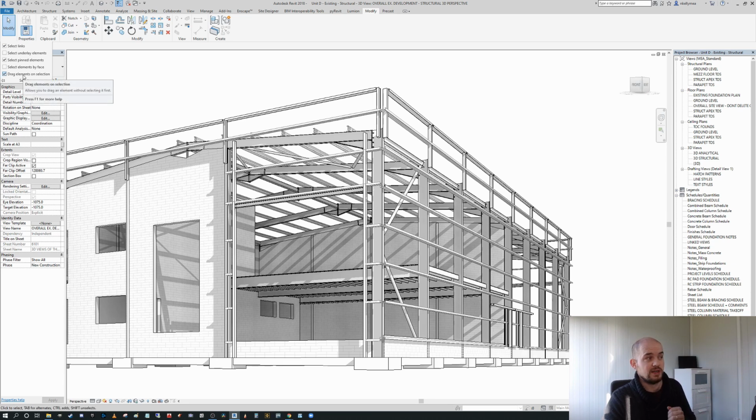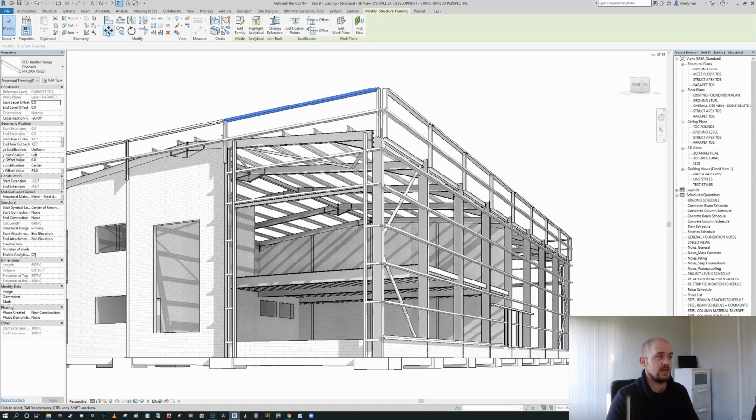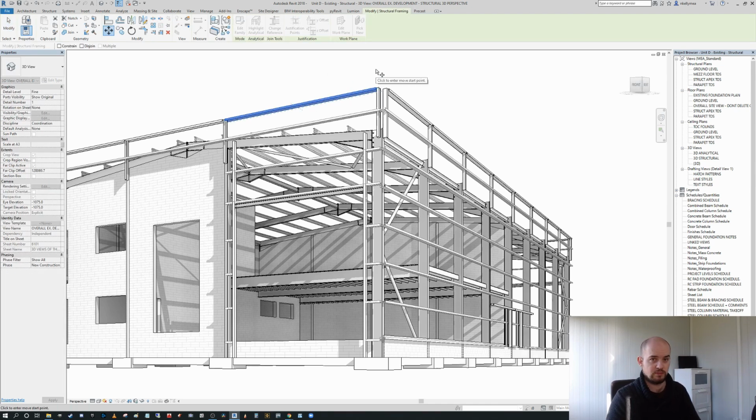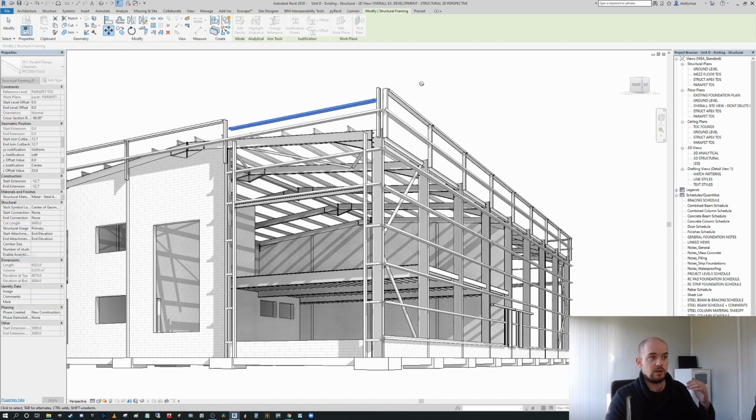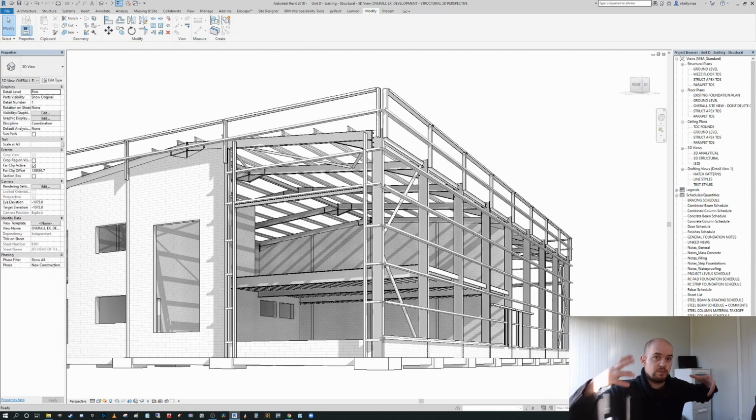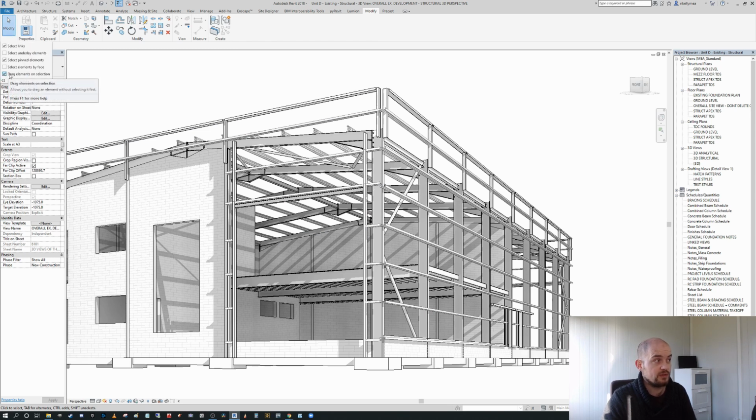Drag elements on selection. This is a good one to turn off if you are relatively new to Revit. I think it's really good to habitualize the idea that you first make your selection and then you use the move tool. You either select the move tool or you press MV to bring it about, because I think it's a good habitual workflow. Clicking and dragging is really inaccurate compared to manually using the move tool and using alignments correctly. And where possible, I think all users should turn off drag elements on selection, particularly when they're new users